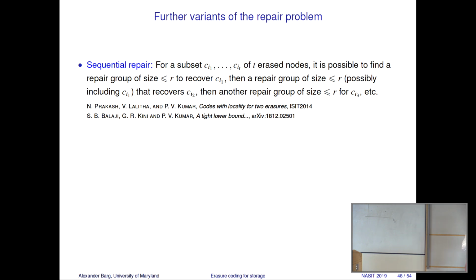Sequential repair, that is another variation. So what is sequential repair? Let's say there are 2 erasures. We repair one of them by going to some repair group. Now we have repaired that one. So we use another repair group that includes the recently recovered erasure and repair the second erasure, and so on. So sequential relies on the already obtained result in repairing further erasures, all in a local way.